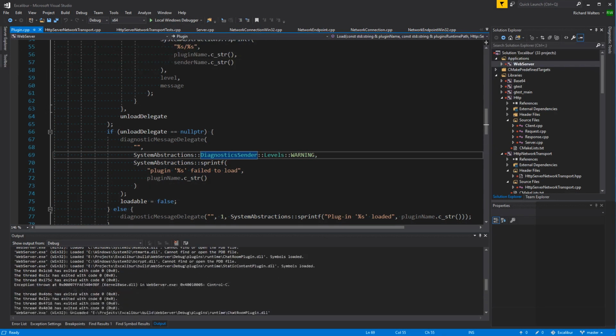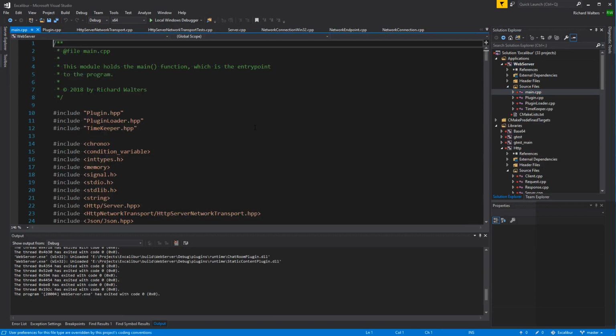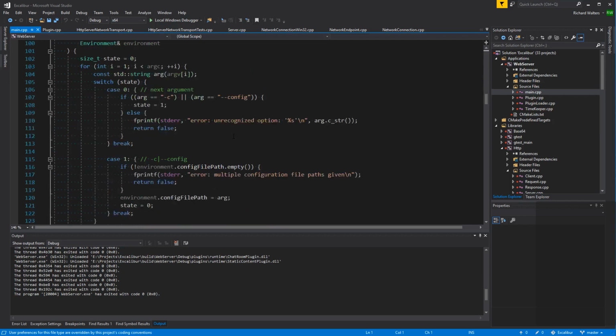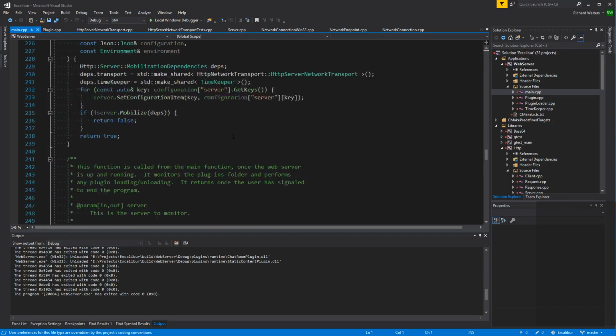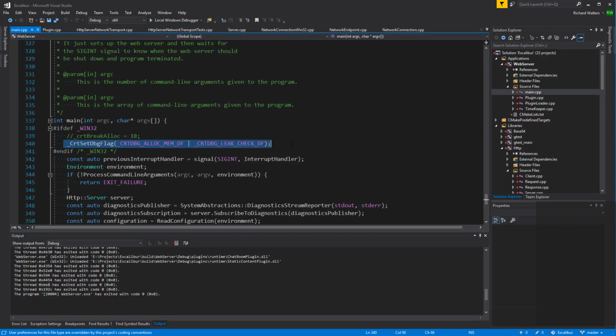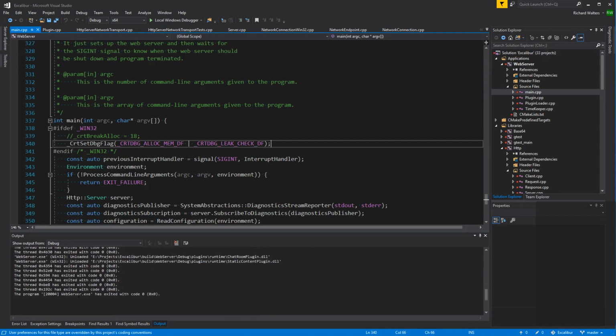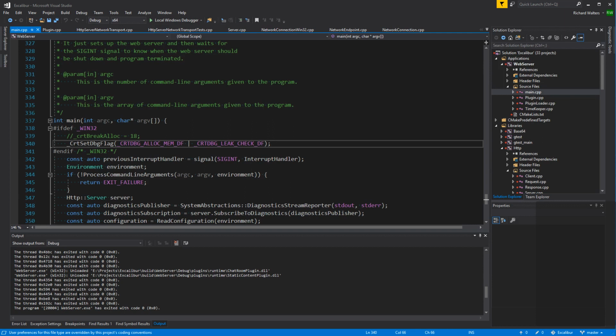And I'm still not leaking anything, which is good. I still have that code in there. I haven't seen any leaks, but on Windows, when you have this little bit in your main, this little bit here, CRT set debug flag, leak check, if you actually had a memory leak, when your program ends you would see it. So I'm not seeing that, which is good. A memory leak to me would signal that I have a cyclical reference issue, so I don't have that, which makes me happy.